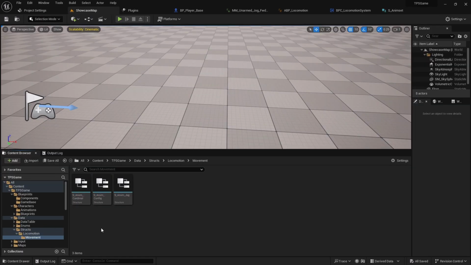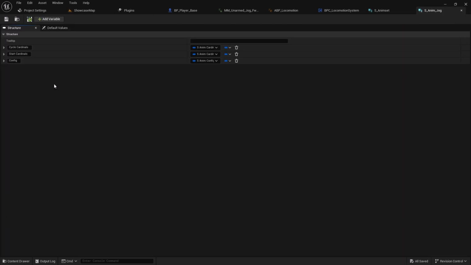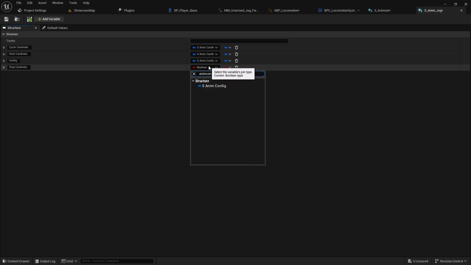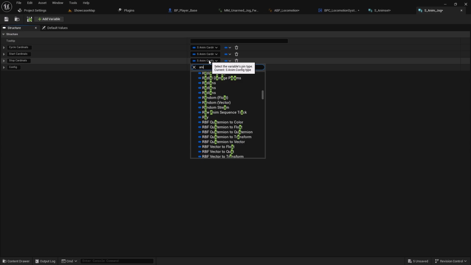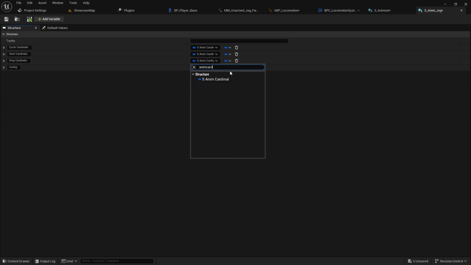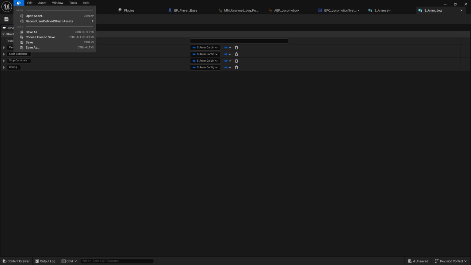So let's go to that specific data structure, and yeah, we have added cycle cardinal, start cardinals, and let's add another one for stop cardinals, and this should be in the type of anim config. So I'll move it a bit up here. Sorry, this shouldn't be the anim config, this should be anim cardinal, right? So I'll save it like that,